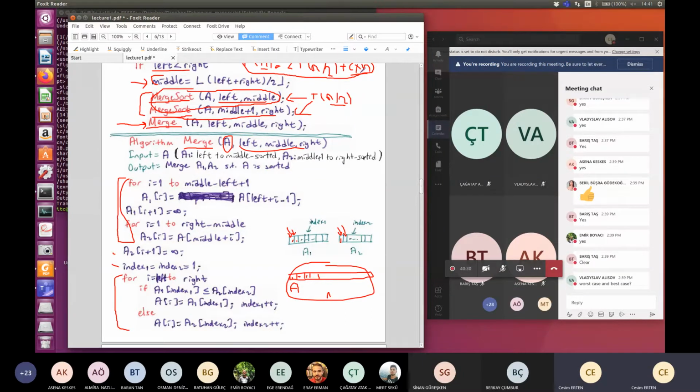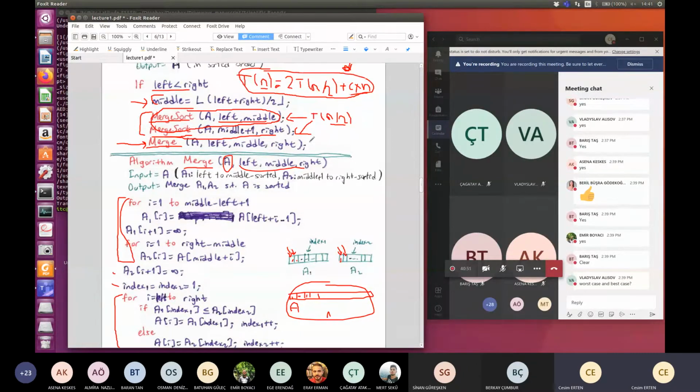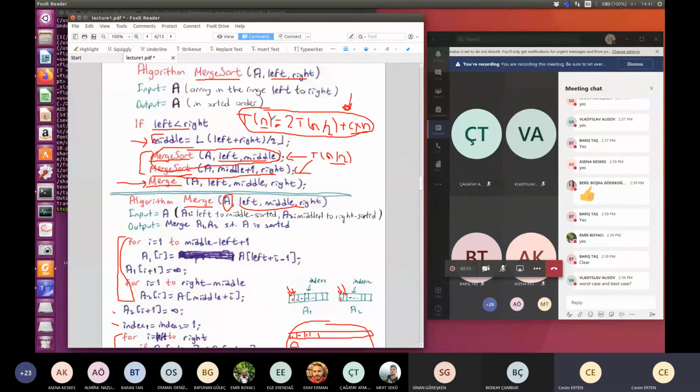This C times n applies to any input of size n when the algorithm merge is working, because the initial for loops will require some constant times n, the last for loop will require some constant times n, right? No matter how the input is organized, this is the time that it will require,